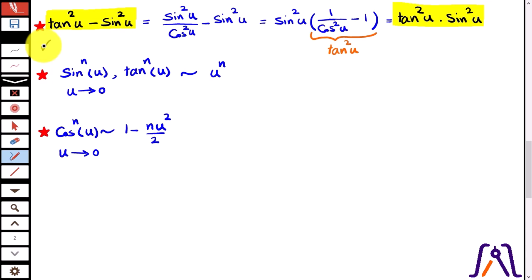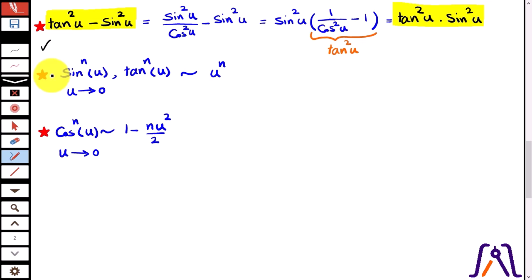We call them equivalence relations. I mean these 2 points here. Or more specifically in limits, we call them small angle approximations. The first very important equivalence relation tells us that for any power n, as the argument u approaches 0, sine to the n of u, or tangent to the n of u, is equivalent to u itself raised to that